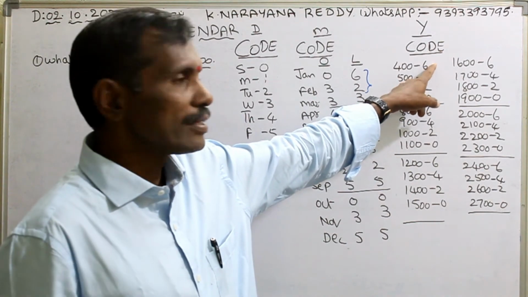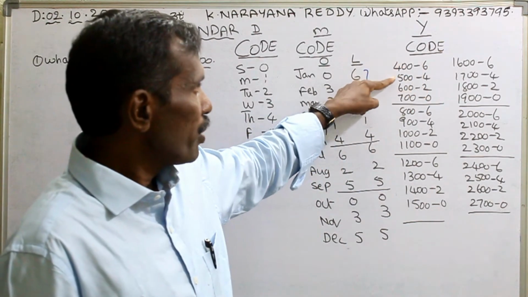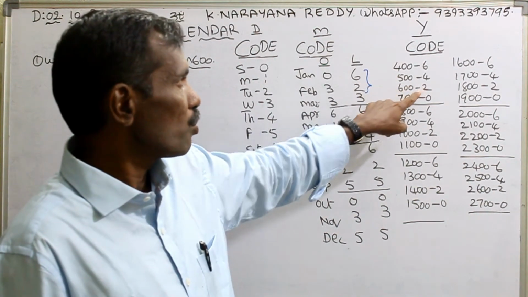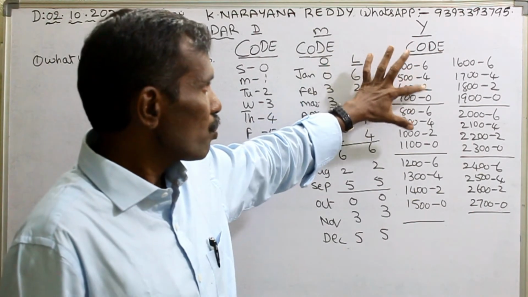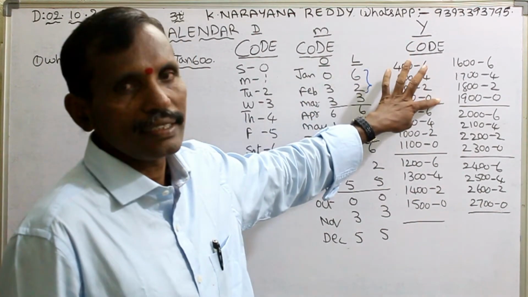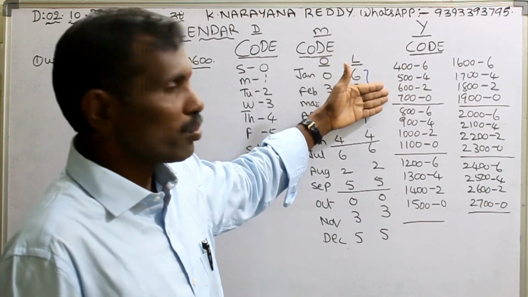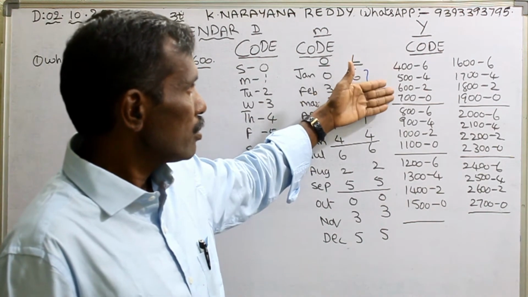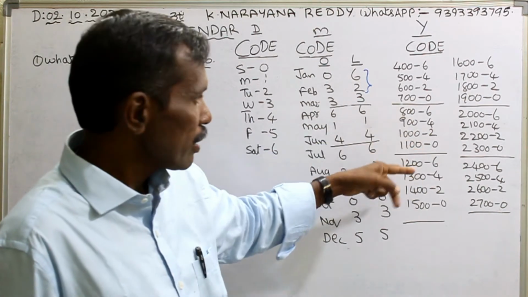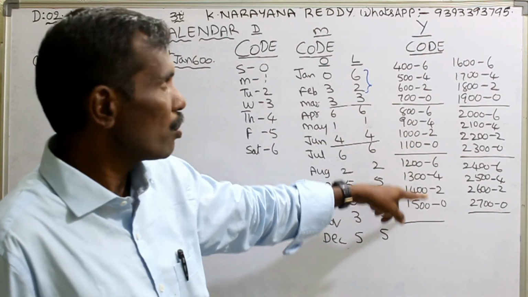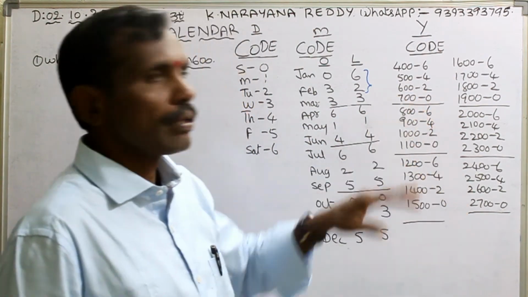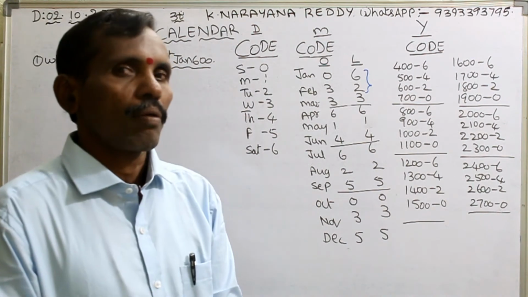That is 6 coding. We are coding 400 years as 6. 400 is coded as this one, 4, 600 as 2, 700 as 0. So 6, 4 to 0. This is in descending order: 4, 5, 6. Years are increasing and codes are decreasing. Please observe here. From a leap year to this one, up to 0. Leap year, these three are ordinary years. In the same manner, leap year, these are ordinary years, 6, 4 to 0. Leap year, these three are ordinary years. In the same manner, vice versa. Please remember these things when you are doing problems on calendar.